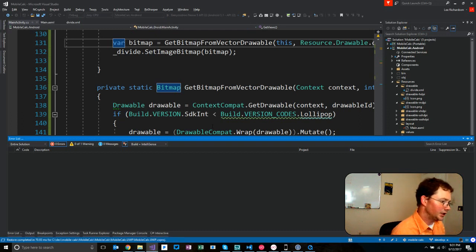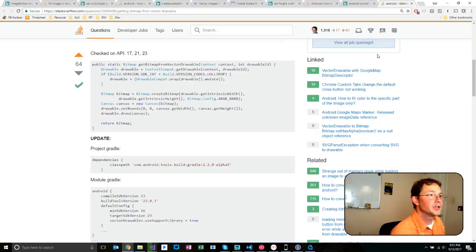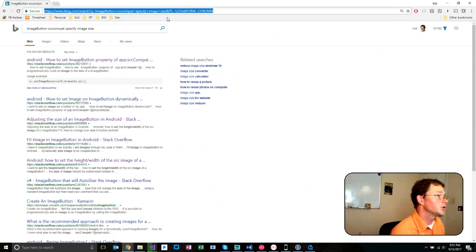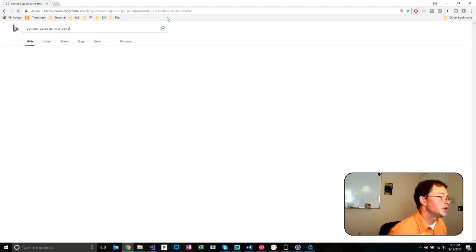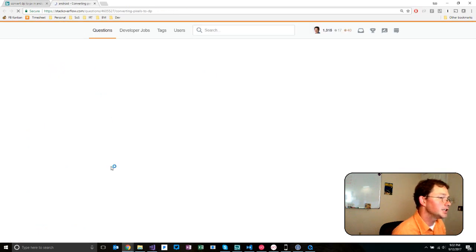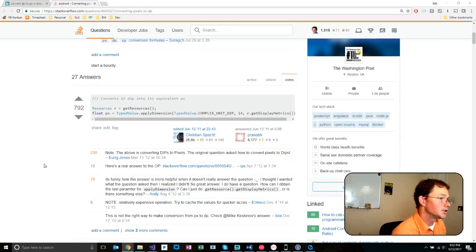Restore completed in 70.93 milliseconds for the CS Prod. I don't know what that is. So what we're going to need to do is, we're back to where we wanted to be. Okay, now convert DP to PX in Android. One of the difficulties I often have with this is you need to have a context object to do this, right, and